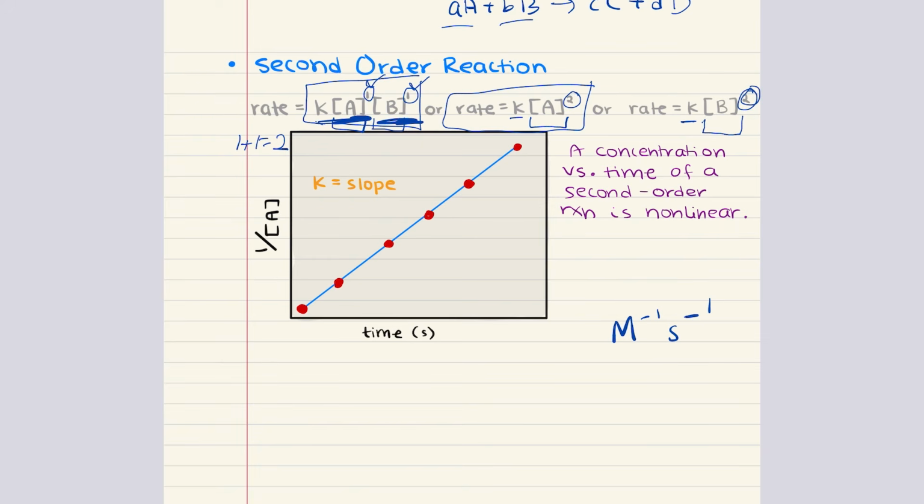Now, as for graphical representation, we can plot the concentration of the reactant A versus time. For a second order reaction, this is going to result also in a non-linear graph. However, if we were to plot instead the inverse of the concentration, so 1 over concentration versus time, that's going to yield a straight line. The slope of this line is equal to k, indicating that the rate of reaction is dependent on the concentration